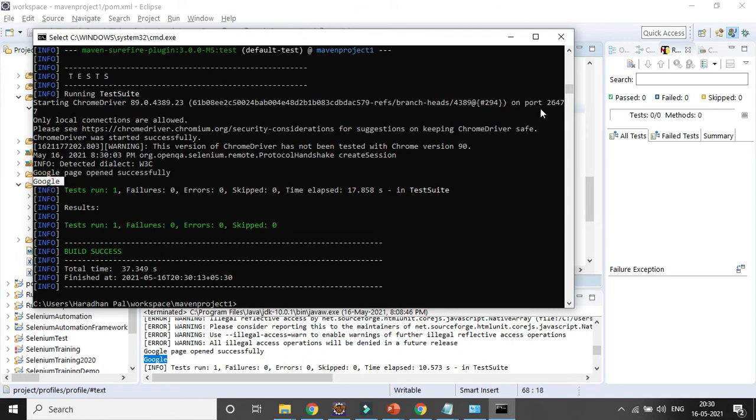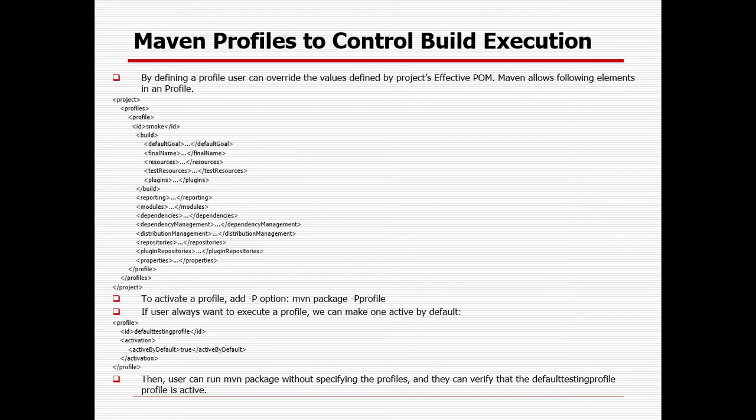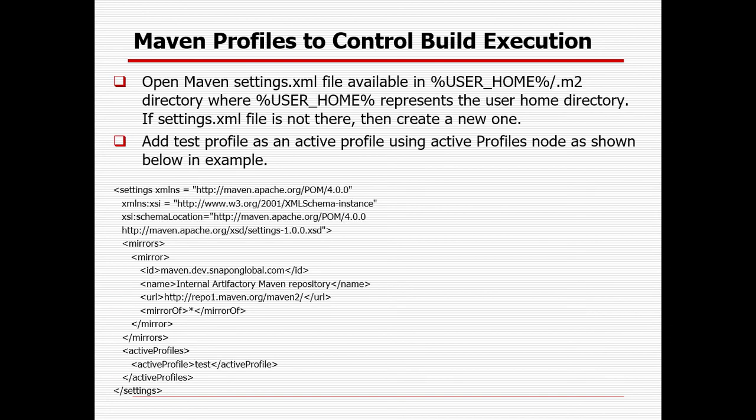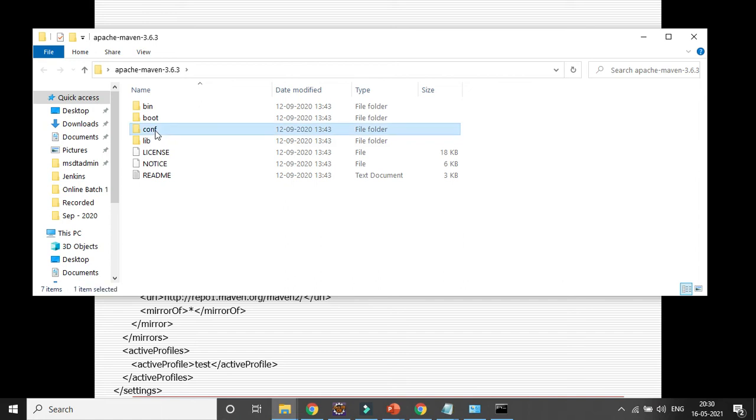So that's why profiles play a very pivotal role in Maven. Okay. So where we can do the settings, I already showed you. In the home directory .m2 folder, we can create an XML file. If it is not there, we can change. Otherwise, there is another option, right, in the Apache Maven folder, settings. If you go to the conf folder you can open the settings here with the help of